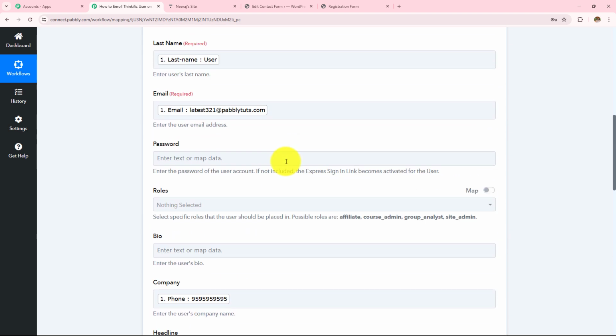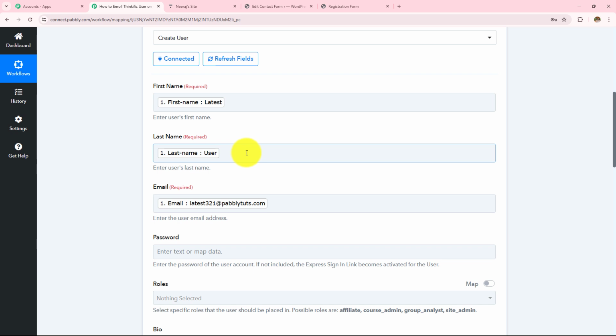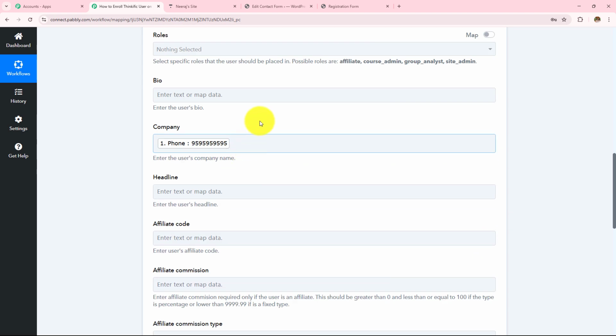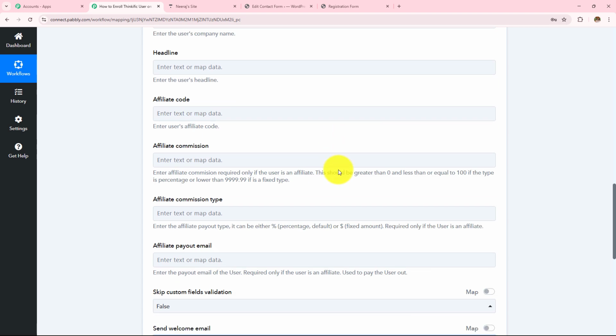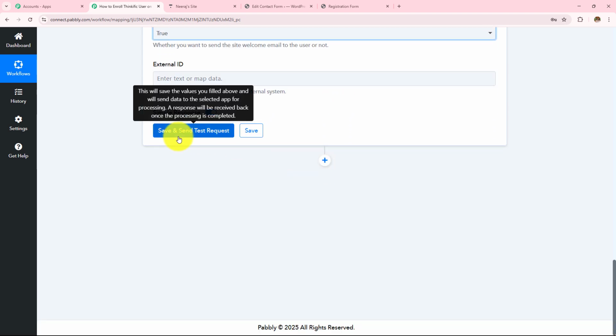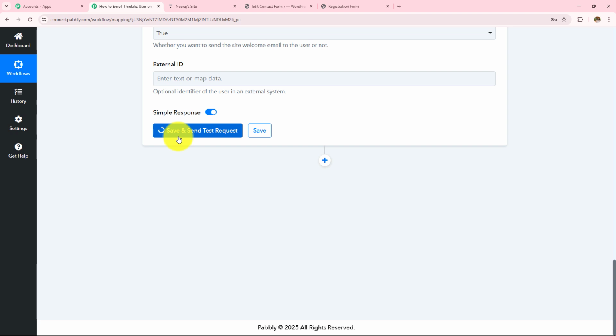Now over here, mapping is important so that every time you receive a new response, it is taken into consideration in these fields. Manually entering the data will make these fields static, and the information will not change even if you have received the new response. Over here, if I manually enter any detail, this field will become static, and every time I receive a new response, the result will not change. So as to keep these fields dynamic, we use this process mapping instead of manually entering the details. Now after entering all these details, I'm simply going to click on the save and send test request.